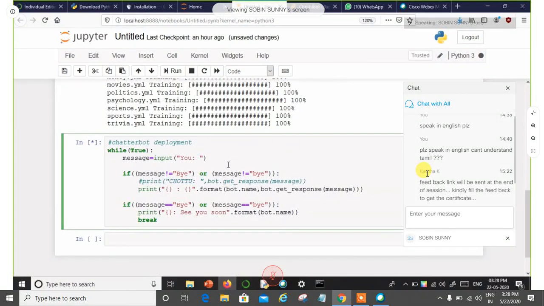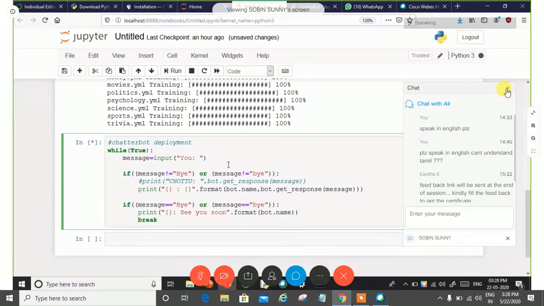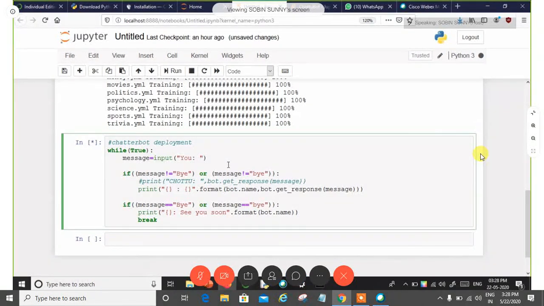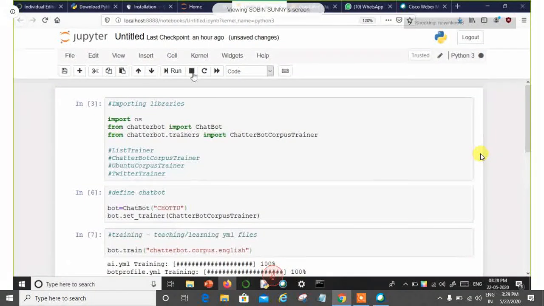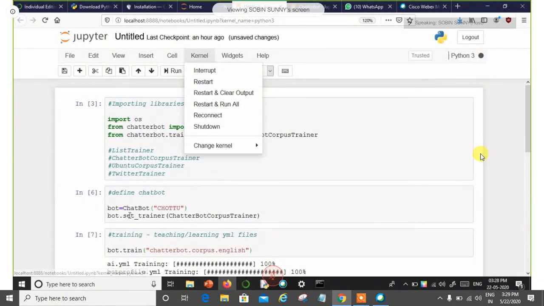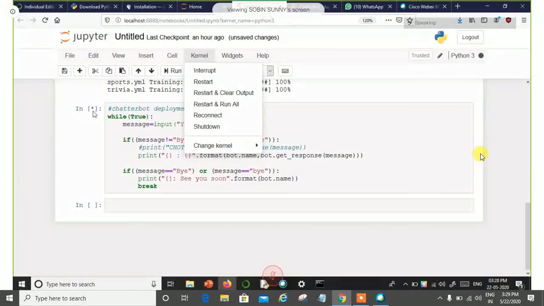Yes, should I explain the code somewhere? Okay, fine. So what can you do now? You can just run this cell. Even though I haven't given the run message, it's showing a star because my kernel has got some problem. You people can run this cell now, no worries. But I am going to restart my kernel. You can see that this cell has been running, but this one still shows running for a long time, so there is some problem with my kernel.